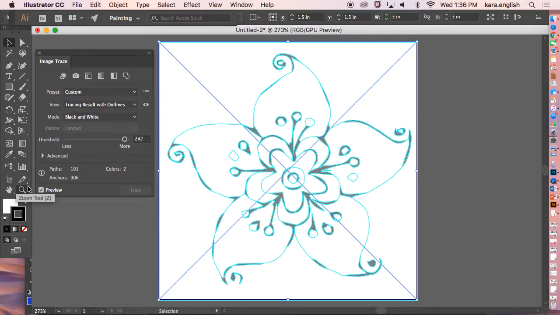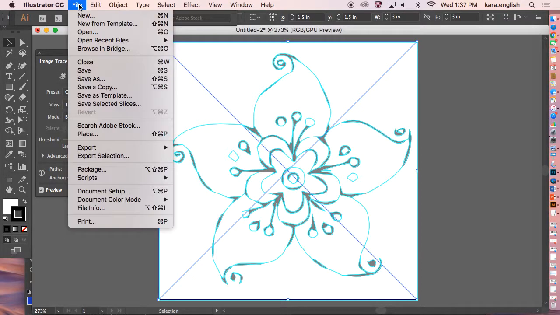And now what this is called is drawing a blank. In Photoshop, it was done by pixels, and this is now done with vectors, which is a mathematical calculation, and that's why it cleans it up into a vector document. And it is done, and now I can export it as